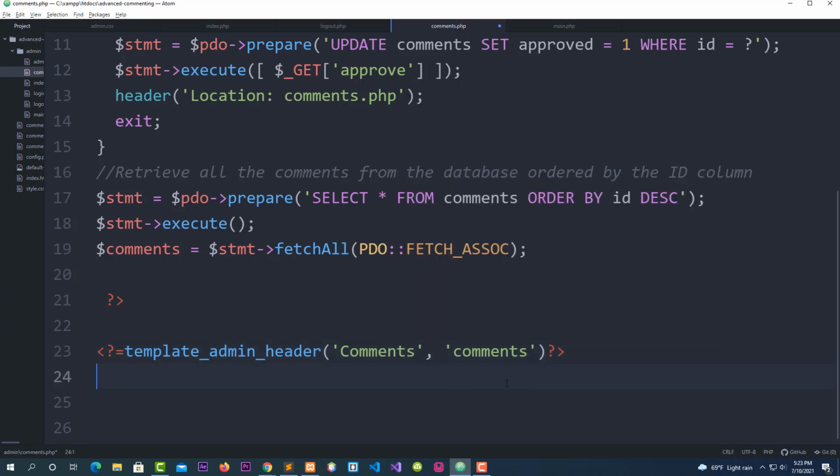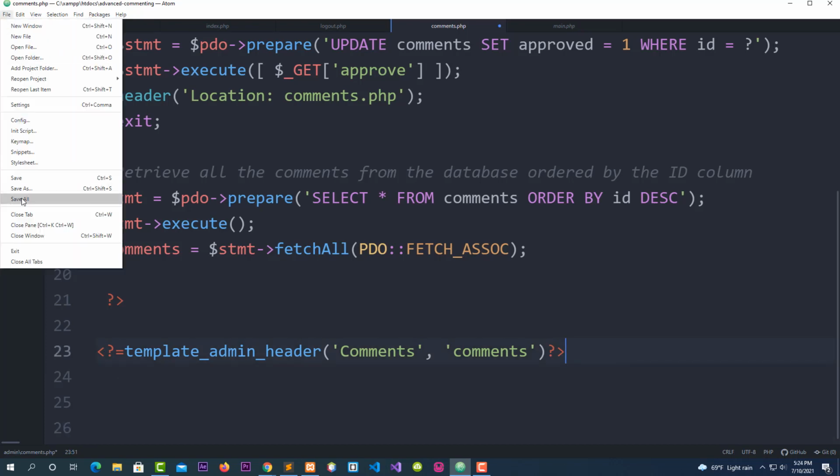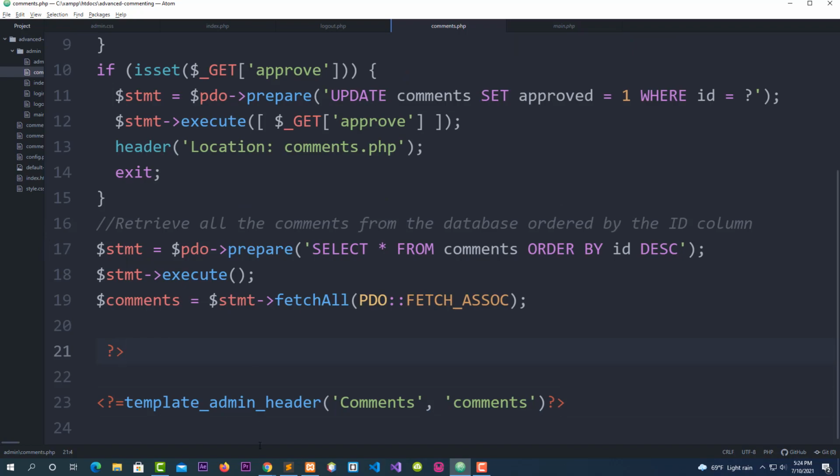This is Comment with a capital C, and comment with a small c. If you're done, go to File, Save All, and go back to our browser and refresh